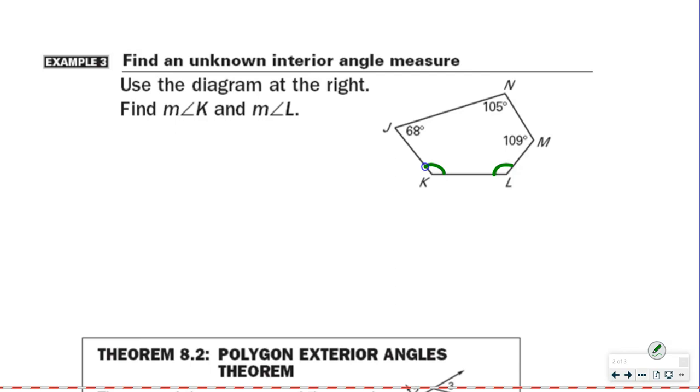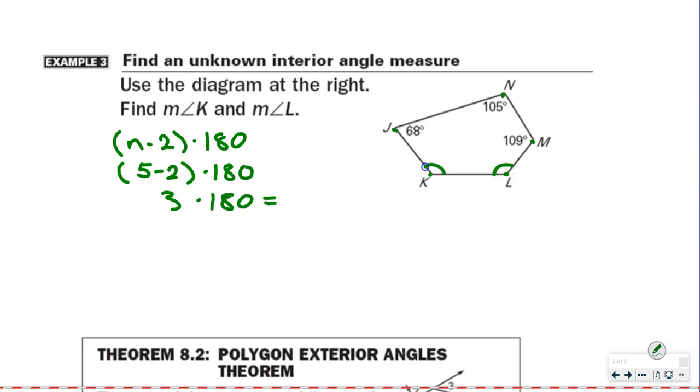And we know our sum of all of our angles. Well, we see we have a 5-sided figure. We've got 1, 2, 3, 4, 5 angles, 5 vertices. So if I plug that into my n minus 2 times 180 formula, that becomes 5 minus 2 times 180. So we've got 3 times 180, which gives us 540 degrees. So I know all of my angles will add up to 540,